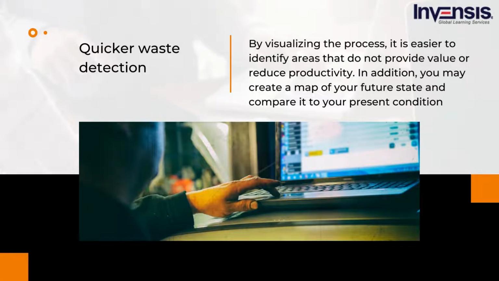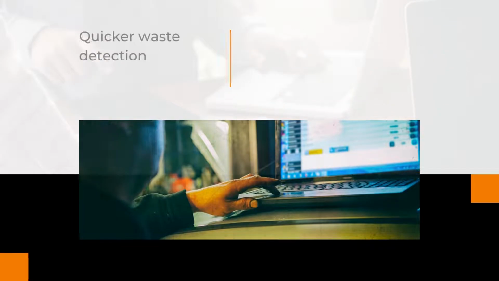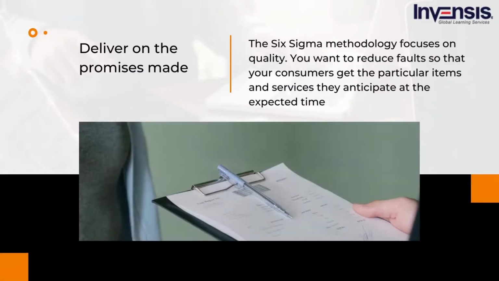Secondly, quicker waste detection. By visualizing the process, it is easier to identify areas that do not provide value or reduce productivity. In addition, you may create a map of your future state and compare it to your present condition. Third, is deliver on the promises made. The Six Sigma methodology focuses on quality. You want to reduce faults so that your consumers get the particular items and services they anticipate at the expected